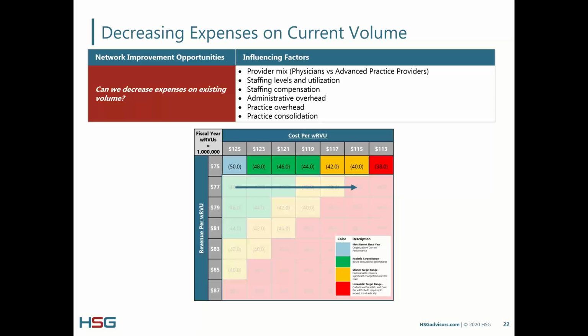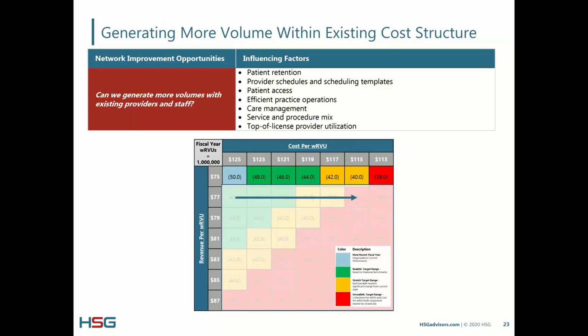We really have to take a look at everything, and we have to do it on both sides of the P&L. In terms of generating more volume within the existing cost structure, we're also lowering our cost per work RVU, because we're continuing to generate revenue at the same rate, but by spreading the same cost over more work RVUs, we're dropping our cost per work RVU. So that means we're taking our existing fixed costs like our providers, our staff, our overhead, and we're putting more patients through it, or we're generating more revenue with the same patients, or we're generating more revenue through better utilization